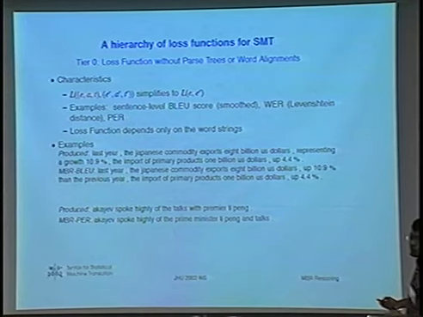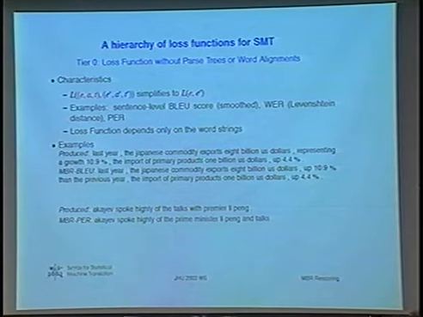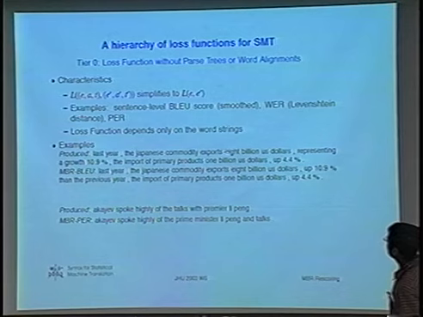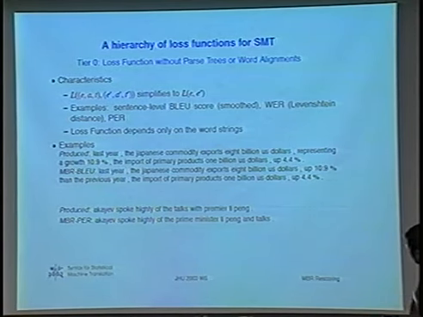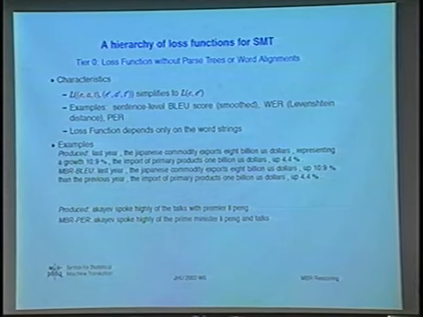Just to see some examples of the minimum Bayes risk hypothesis under these loss functions, here are two examples. The first one is an example of an MBR hypothesis optimized for BLEU. The baseline output reads as follows: last year the Japanese commodity exports $8 billion, representing the growth 10.9%, import of primary products $1 billion, up 4.4%. And the MBR hypothesis is essentially quite similar, except that we get this nice n-gram, which is up 10.9% than the previous year. So in fact, MBR, by its consensus mechanism, is able to come up with a hypothesis which is better in terms of BLEU, where BLEU measures the consensus in terms of n-grams.